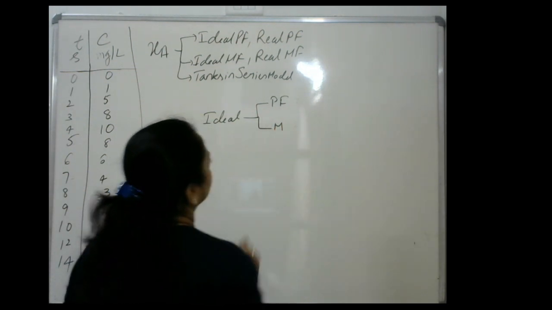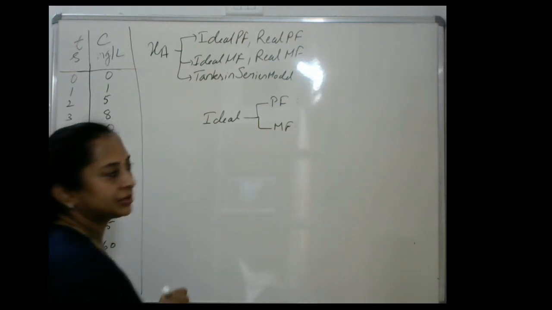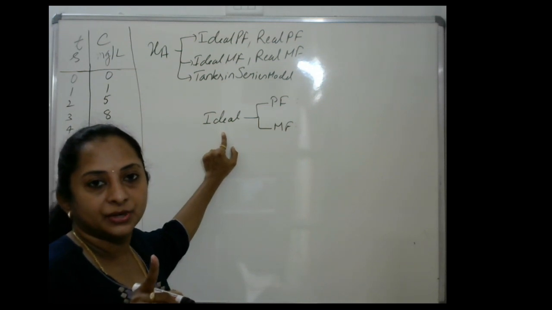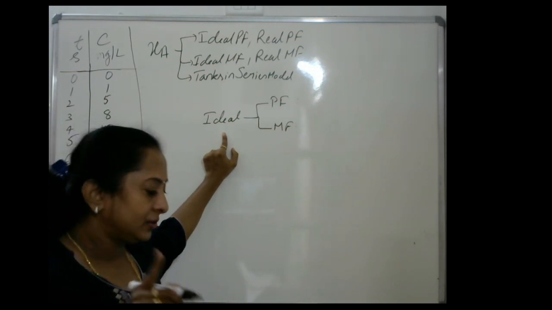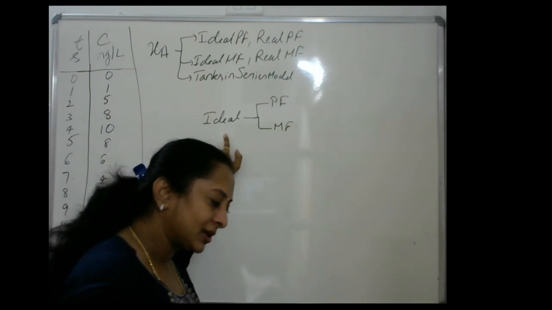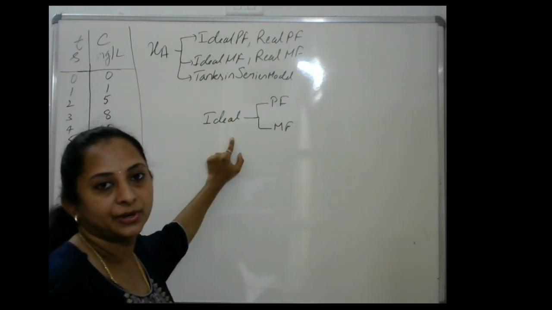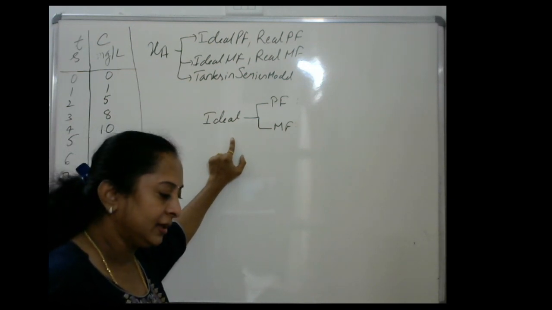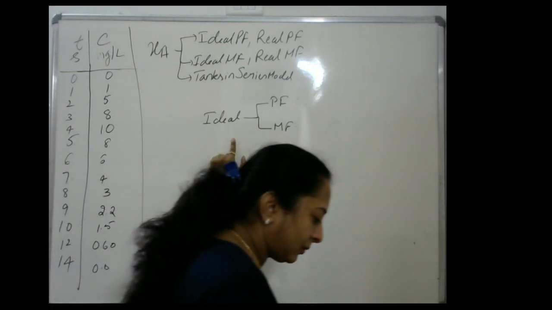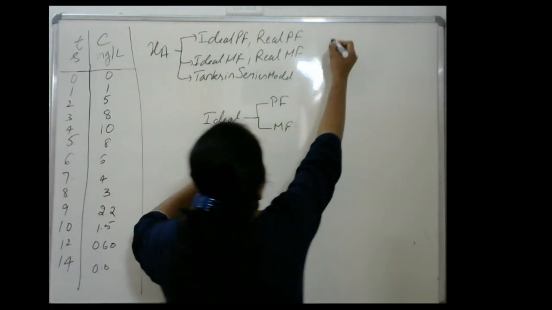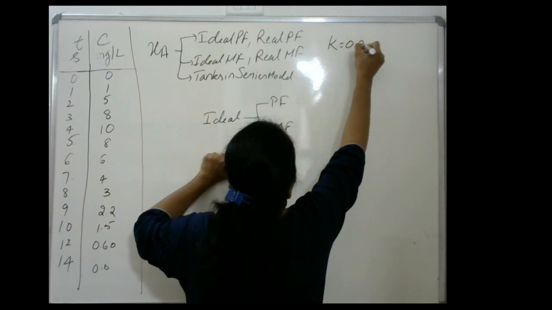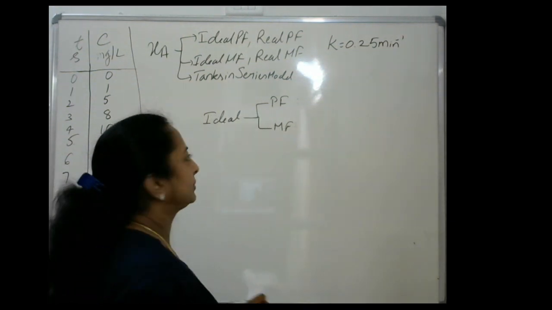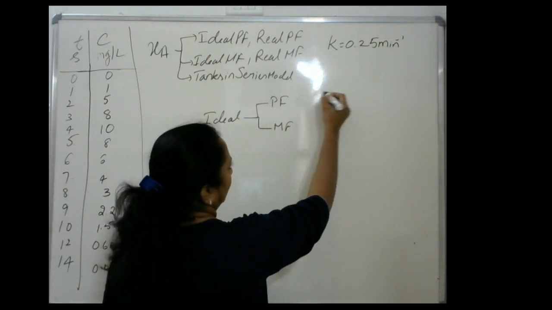So what is a MF? What is the equation to find? See how to find this? Just go with the performance equation and assume that as a first order reaction. Yeah, it's also given. It's a first order reaction. Assume the first order reaction and find an expression to find the conversion. Okay, I should have also written the rate constant is given. K is given. It is 0.25 minute inverse.